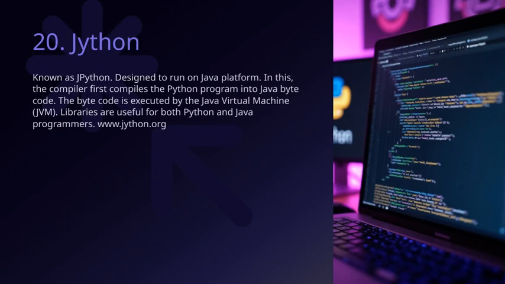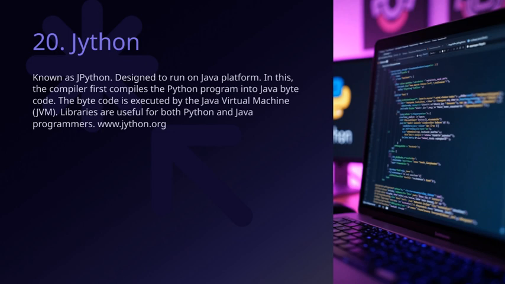Now, let's take a closer look at Jython, which is also known as JPython. It's designed specifically to run on the Java platform. What makes Jython interesting is that it allows Python code to work seamlessly with Java. The way it works is that, first, the compiler takes your Python program and compiles it into Java bytecode. Then, this bytecode is executed by the Java Virtual Machine, or JVM. This process bridges the gap between Python and Java, making it easier for programmers to leverage the strengths of both